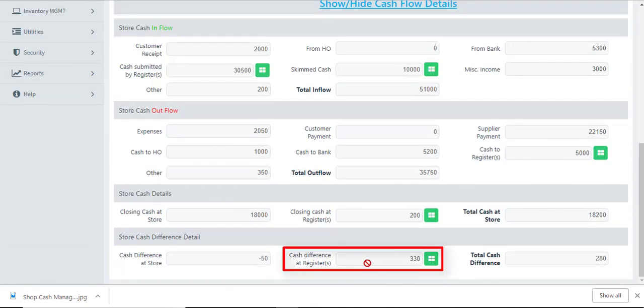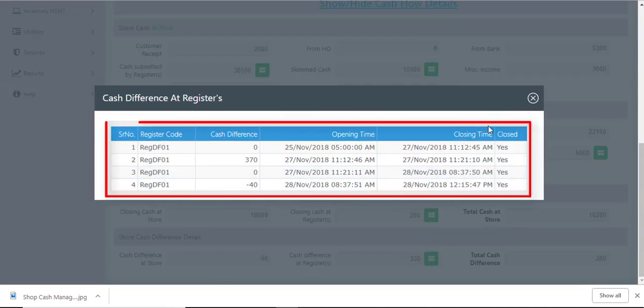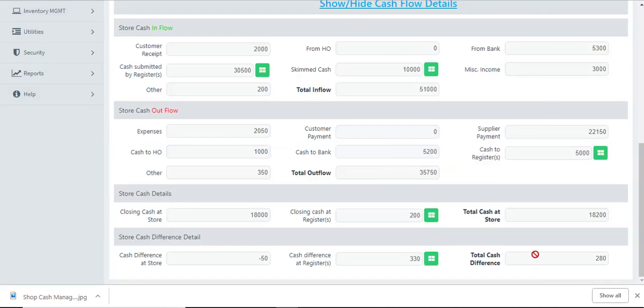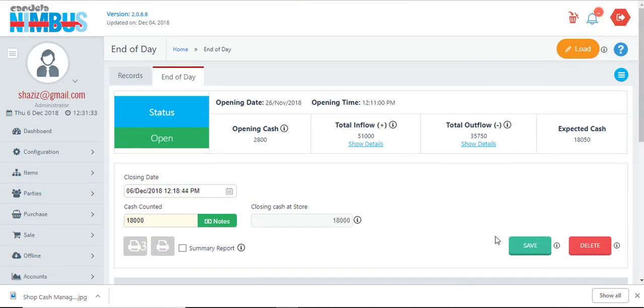And this is the cash difference at the registers while they close their shifts, and the detail can be seen. All shifts, and this was the cash difference. So total cash difference.